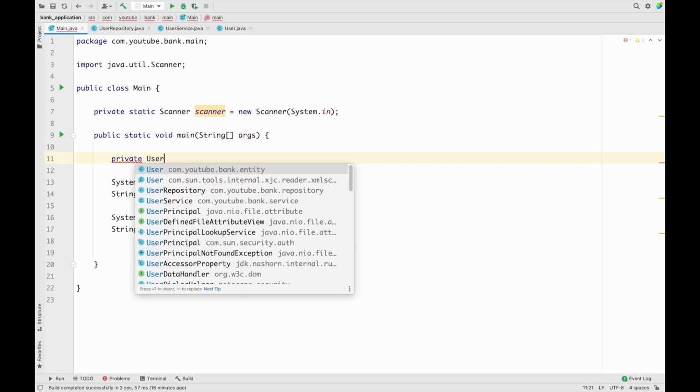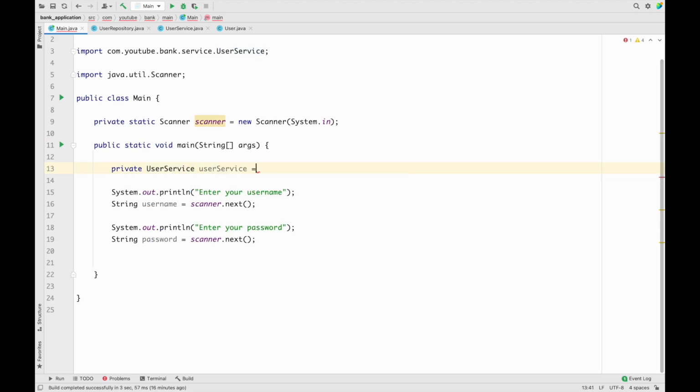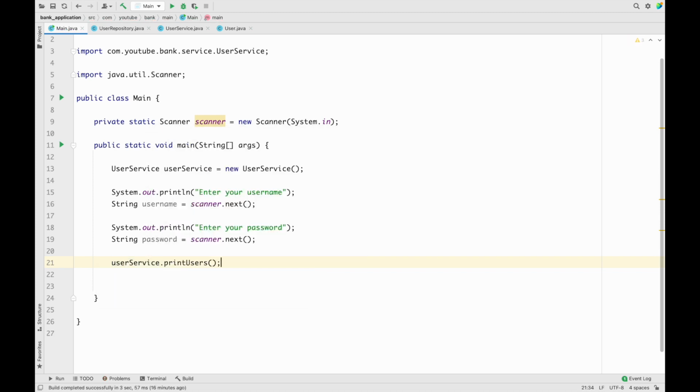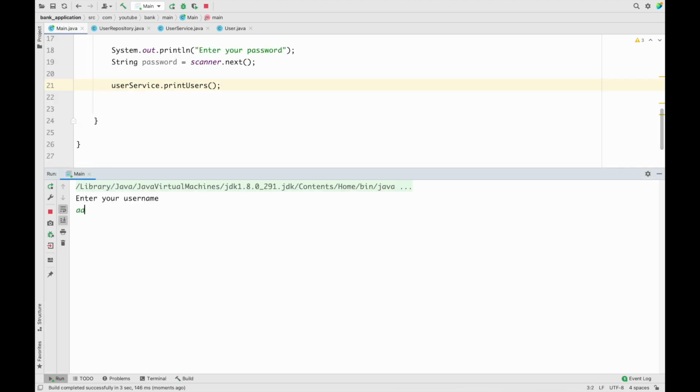private UserService userService equals new UserService, something like this. And so, yes, we can't use private over here, so let me remove that private, and then let me make it userService.printUsers. So now let me first of all run this application, and I'll explain what we did over here. So let me run the application,